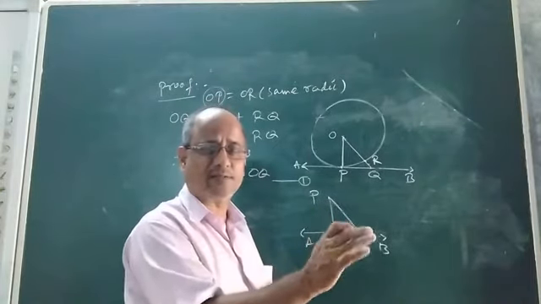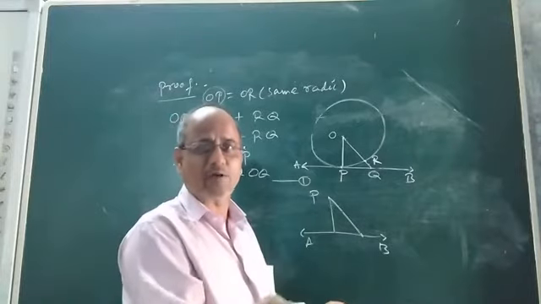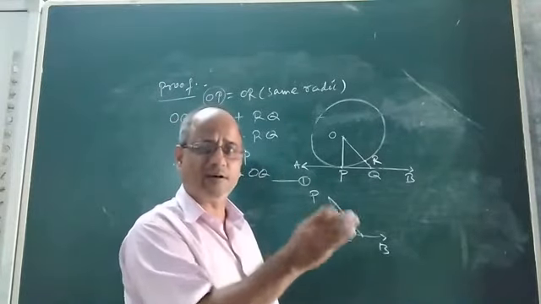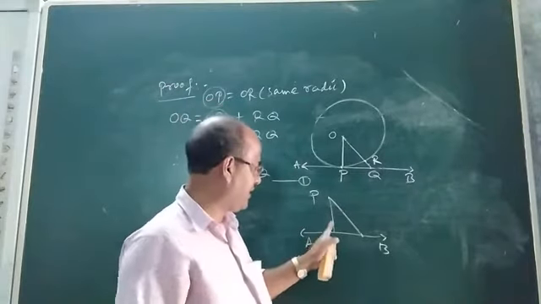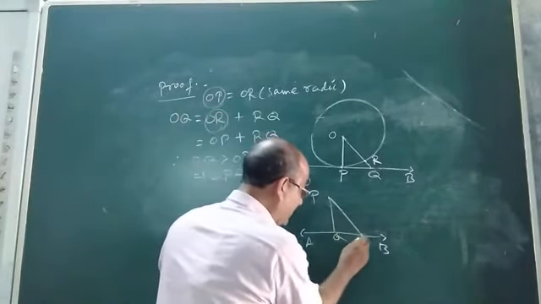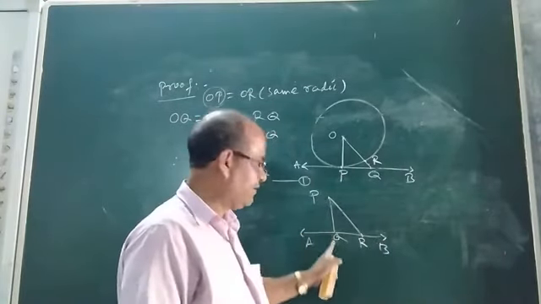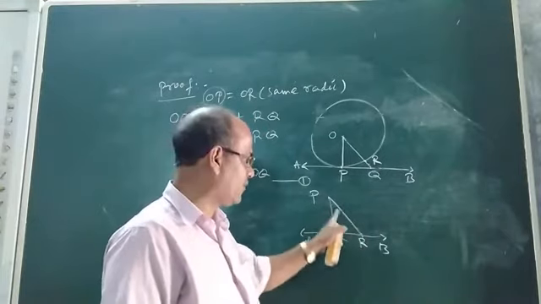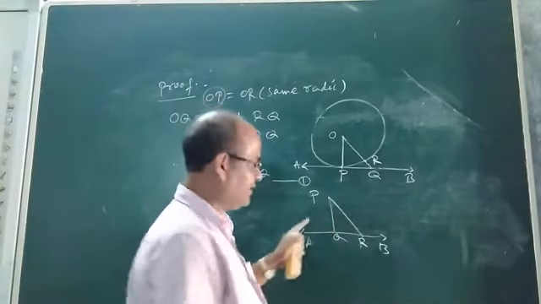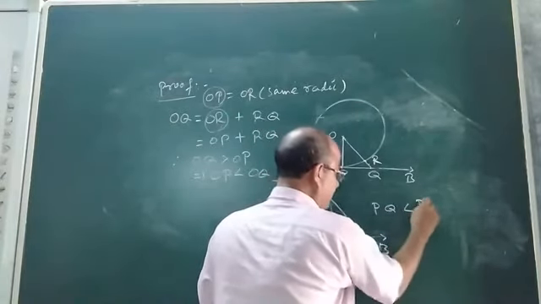And what will be the converse? Converse means the shortest line segment is perpendicular. If the perpendicular line segment is the shortest, then the converse will be the shortest line will be the perpendicular. That means, if we draw two lines PQ and PR from the external point P to AB, then if PQ is perpendicular to AB, then PQ will be the shortest side. So PQ will always be less than PR.